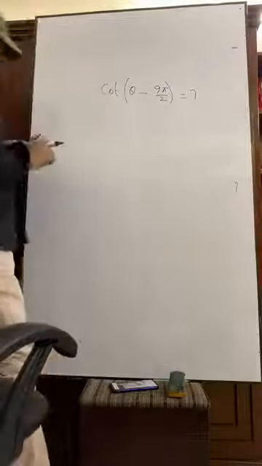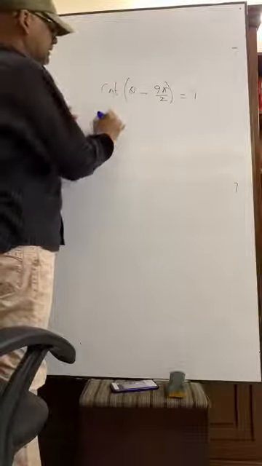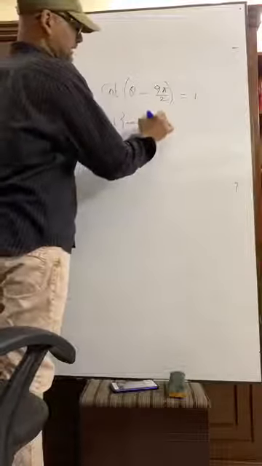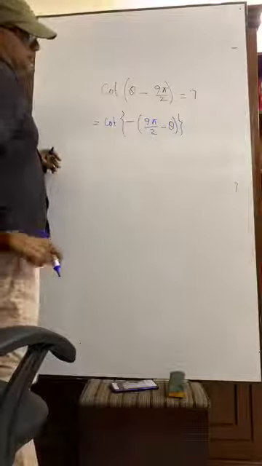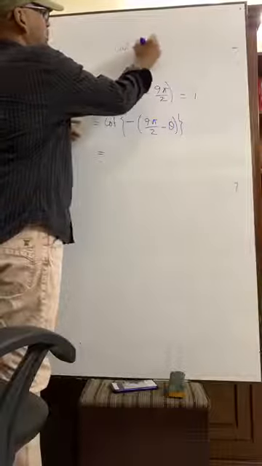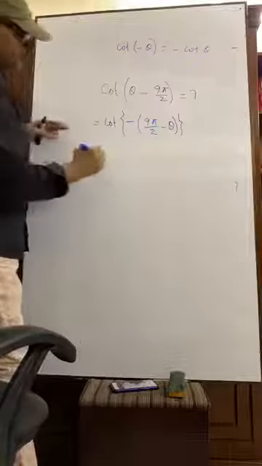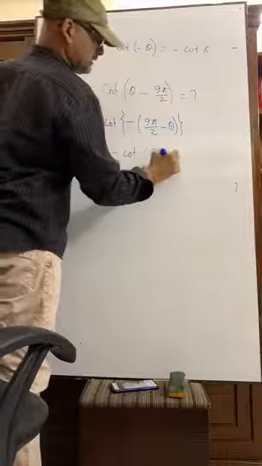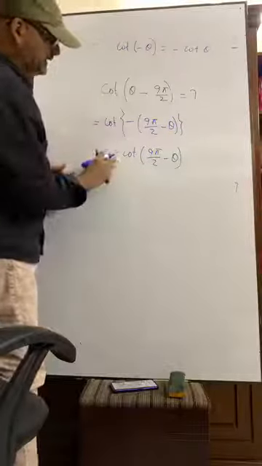To do this math, at first we have to have the format, that is cot, second bracket, minus is to be taken common, then 9 pi by 2 minus theta. We know cot of minus theta formula: cot of minus theta equals minus cot theta. So it will be minus cot theta. This is wholly and fully theta.